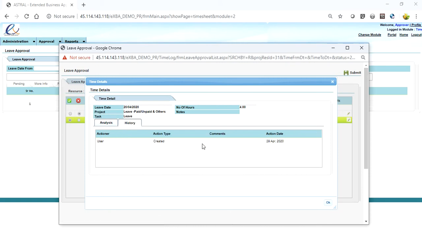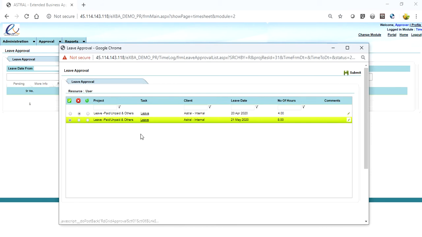For example, who created it, the number of hours, notes if he has entered any, the leave date, and the project and task. So basically, if the approver wants some additional information regarding the entry, he can just click on the link button, and the system will show him the additional information. Once he is done, he can just click on submit.